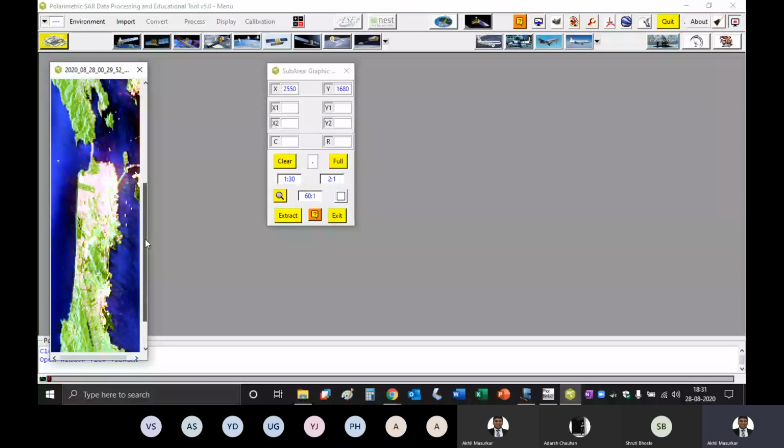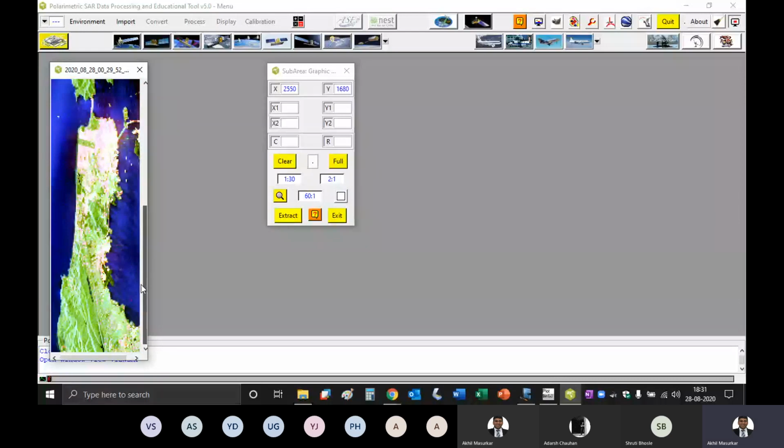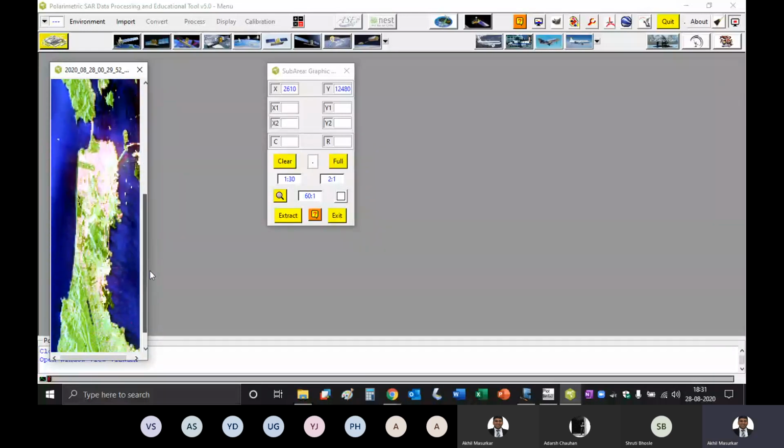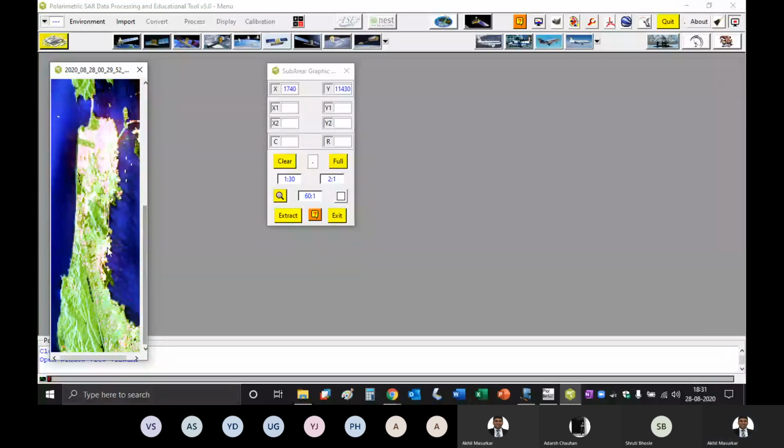Okay. So which area should we take? Let us take something close to the sea. Okay. So like last time, do you want San Francisco Bridge or so let's take San Francisco Airport.